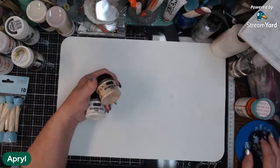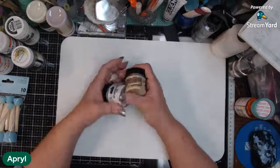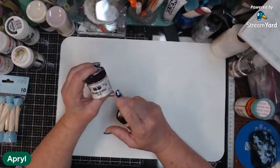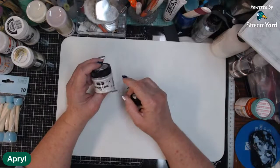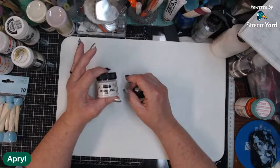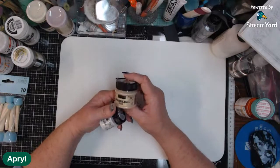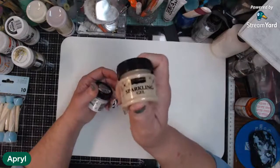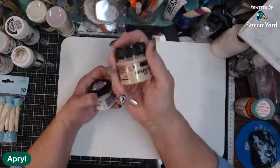Well, it's really something on the show. Yeah, just watch the other video and you can see using this. This one doesn't really look silver, it's more of a white. But when you put it on, it makes it so pretty and sparkly. But this gold one, I am in love with. I know. If I could get this in bigger jars, I would. But they only...